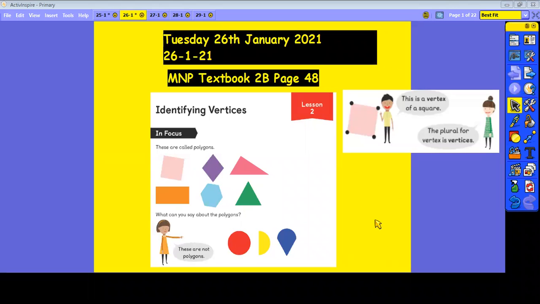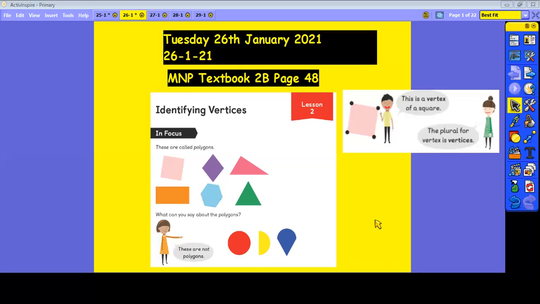It's Tuesday, the 26th of January, 2021, and we're about to start lesson 2 in the chapter on 2D shape. Remember, lesson 2 will be found in your Maths No Problem textbook, 2B, page 48. So would you like to find that now, page 48? When you find that page, you'll find the in focus task in front of you, and the title of today's